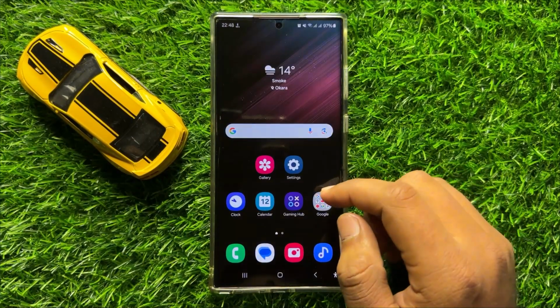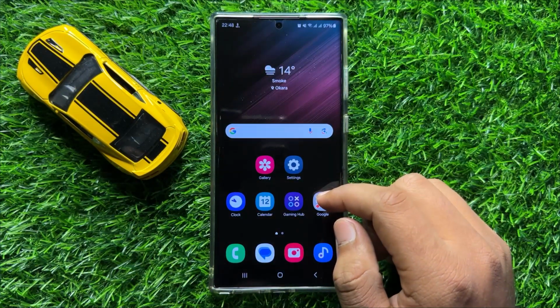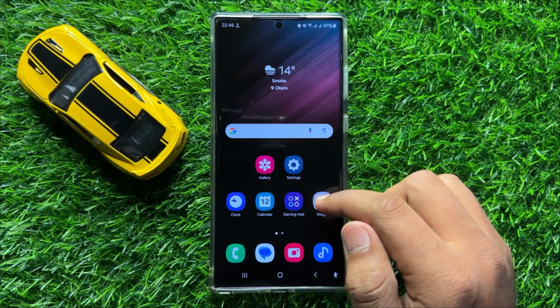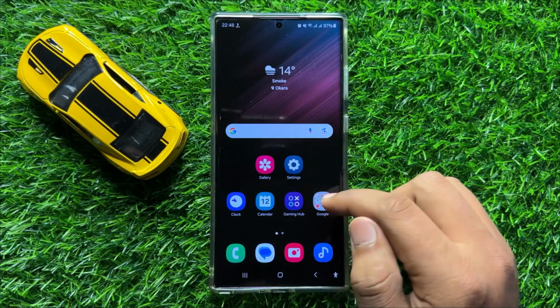Hello everyone, in this video I will show you how to fix the camera shutter lag issue in Samsung Galaxy S24